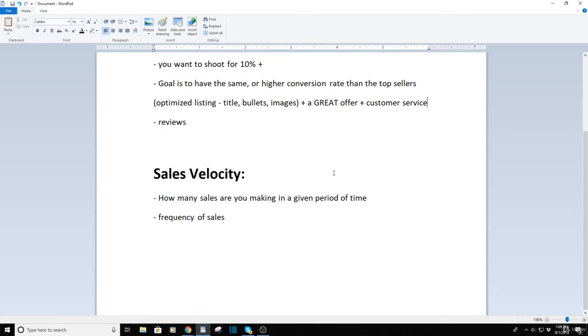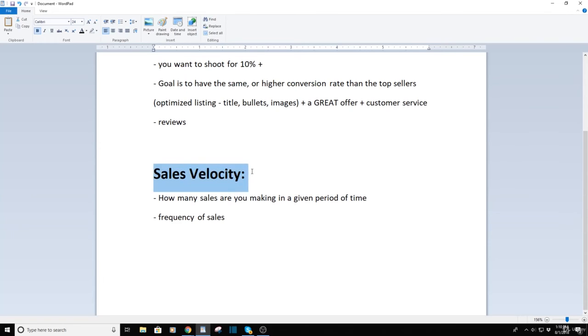Sales velocity. Pretty self-explanatory here. It's basically just a fancy way of saying how many sales are you making? How many sales and how quickly within a given period of time are you making those sales? So I guess a good way to think about it is if you make 100 sales in an hour, well, how does that compare to the top 5 competitors' last sales in that same hour, right? Is your velocity higher or lower? There's really not much more to get into it than that. But